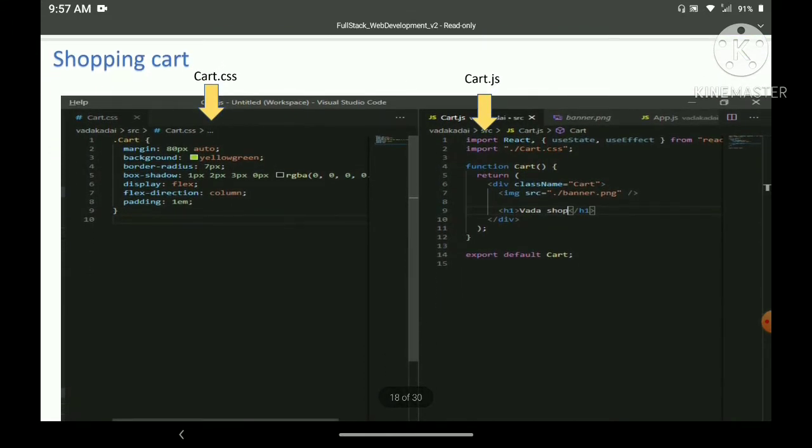So on the screen, on the left side card.css is there, and on the right side card.js is there. From the CSS point of view, we are using Bootstrap. So React.js with Bootstrap is the agenda for this video. The above screenshot is showing the background color as yellow green. In that card.css, you can see in line number 3, it is having the background as yellow green, with the CSS style class name as cart. On the right side, that cart.js contains the